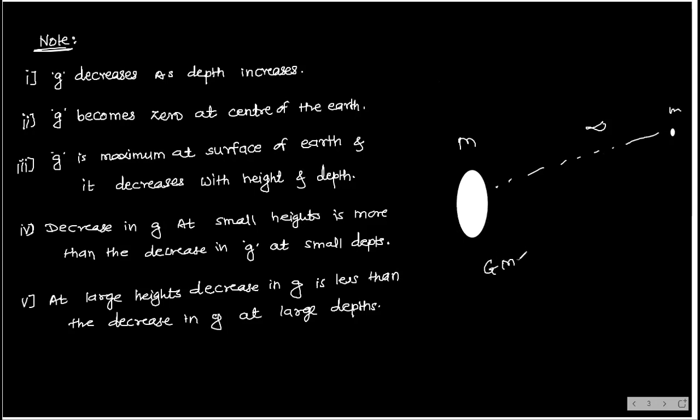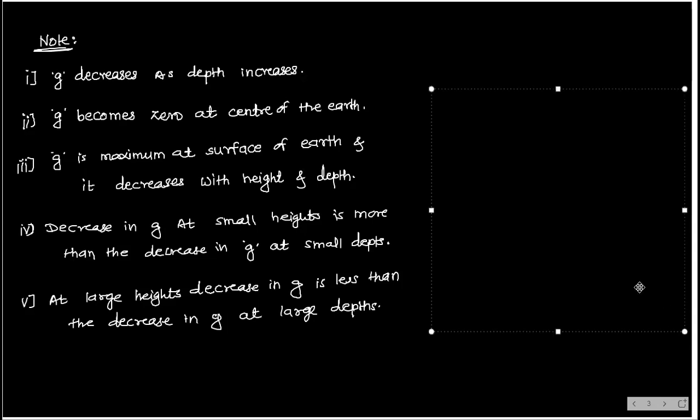So what we are doing, G M m by r square. Here r is going to be infinity. So G M m by infinity square, which is again infinity. So 1 by infinity is what you are getting? 0. So there is 0 gravitational force when the object is at infinity. Okay? Clear? And that's why if the object is very, very far, we can't experience gravitational force if the distance is too long. It is very simple.